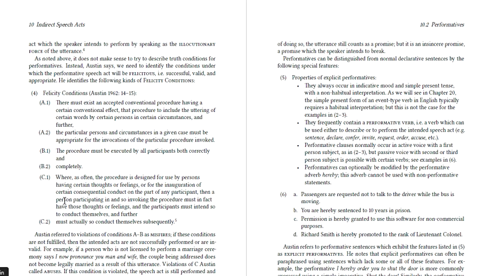The other side that we need to see here, where often the procedure is designed for use by persons. So what do we mean by C1 here? We mean to think about person participate